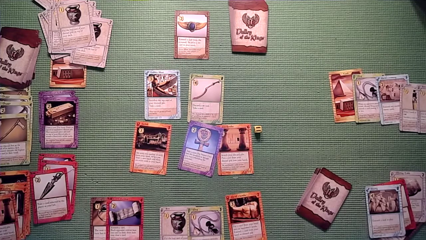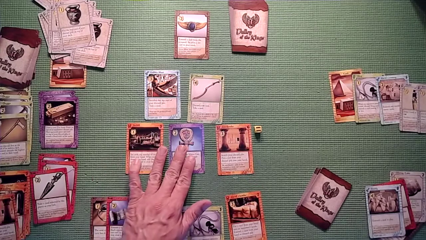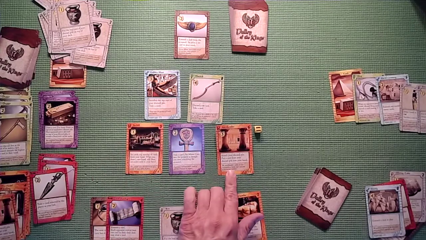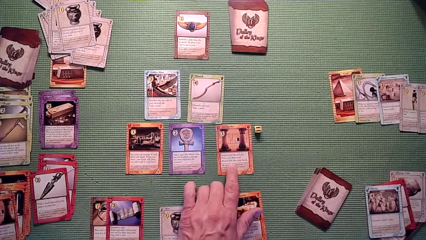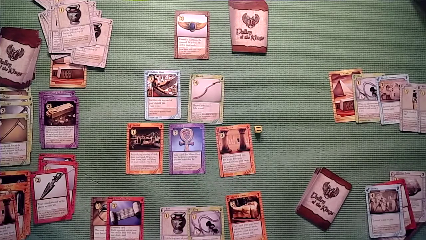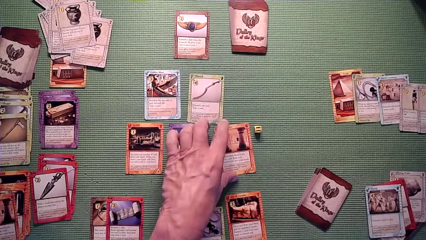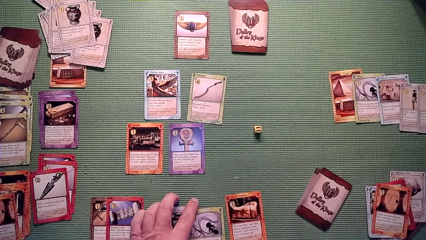Set aside any number of cards from your hand when you draw. That's always nice to have. You sacrifice 6. Search your discard pile and put a card from your discard pile into your hand. 3, 5, 6, 7, 8. So I can go ahead and I'm going to buy Antechamber. I am going to